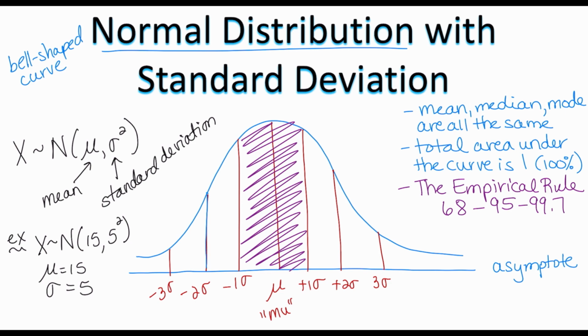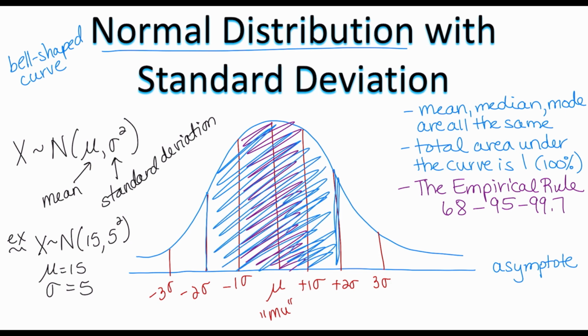Basically what that means is 95% of the distribution is going to be within 2 standard deviations. So already here, notice this covers 95% of the distribution. And basically 99.7% of the values will lie within 3 standard deviations of the mean. So right here, if I shade all of this up to 3 standard deviations from the mean in, you're going to see that this represents